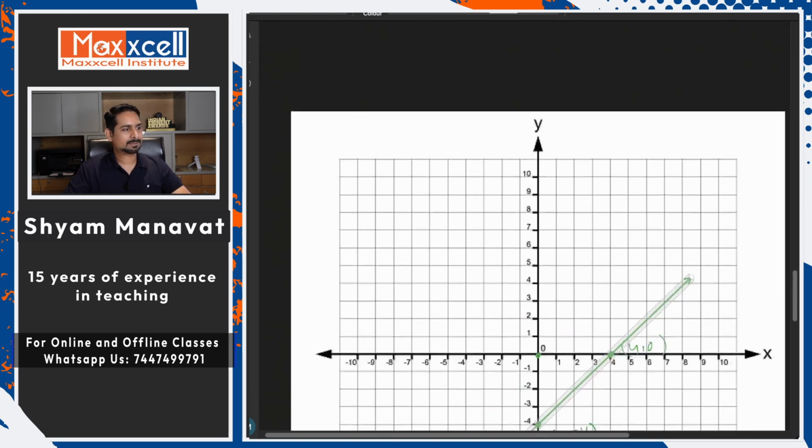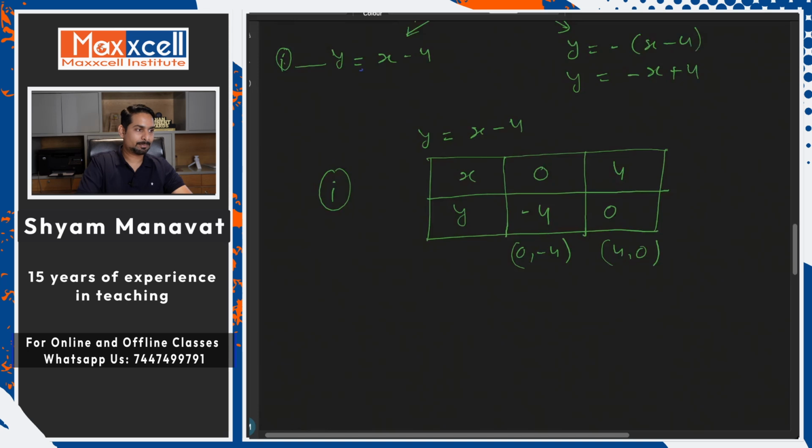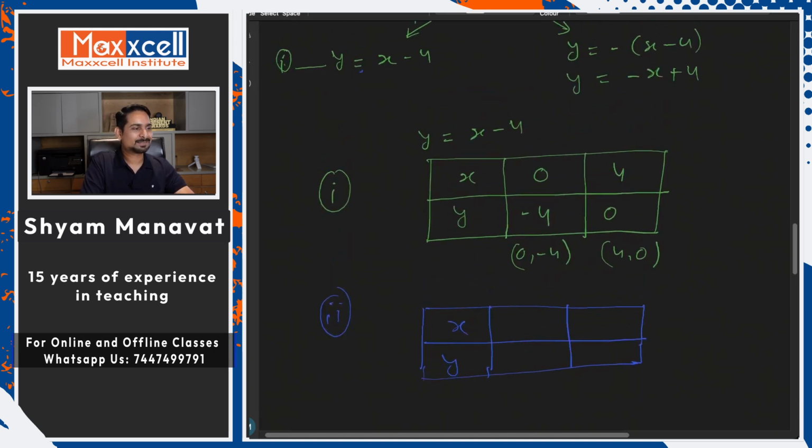Yes, first equation. Now let's see what happens with the second equation. Change the color, second equation. Here, a box having x and y. I repeat, you don't necessarily have to make this box, okay? That's just to make it look a little